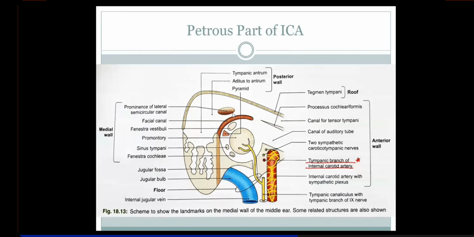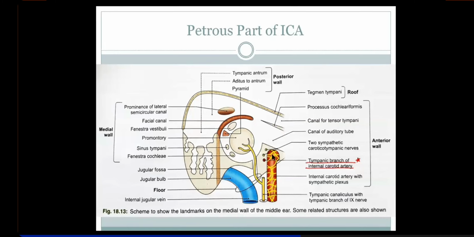Now, the anterior wall of the middle ear is divided into three parts. Upper portion is the canal for tensor tympani. Actually this is in the upper portion, right? Processus cochleariformis is actually what makes this muscle, which passes here, tensor tympani, make a sharp bend because of this canaliculus. And then you have the auditory tube here in the middle portion, and in the lower one third it is this